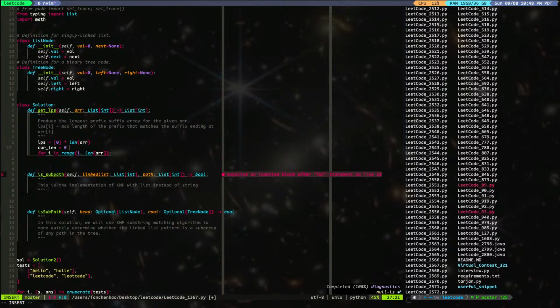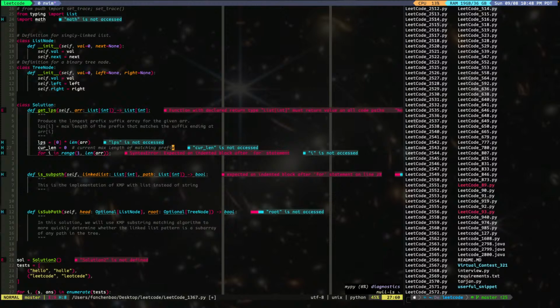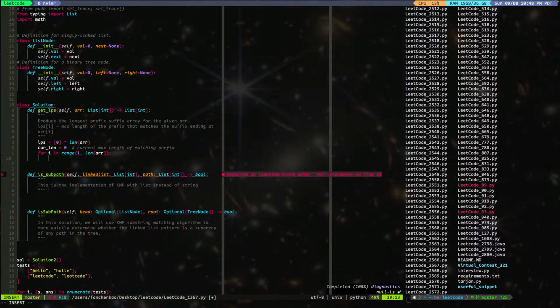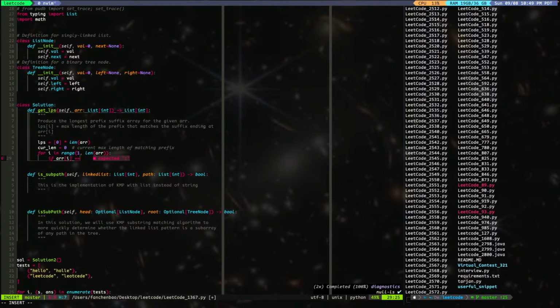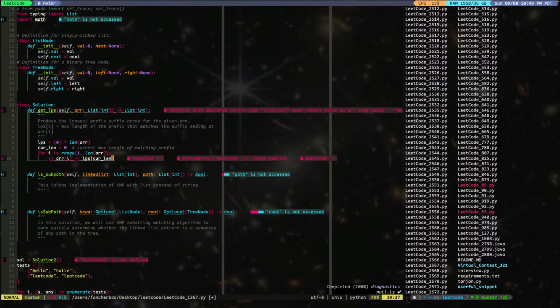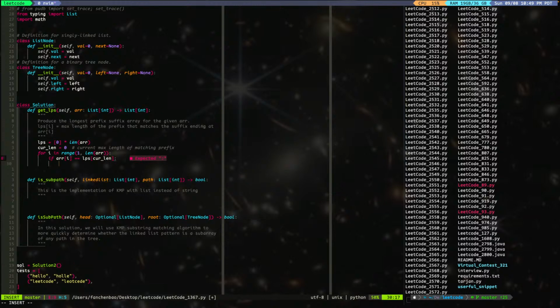So this is the current max length of the matching prefix. So for i from 1 to n, now we can check: if array i is equal to array at current length, if these two are the same,